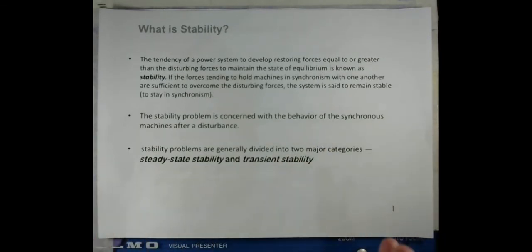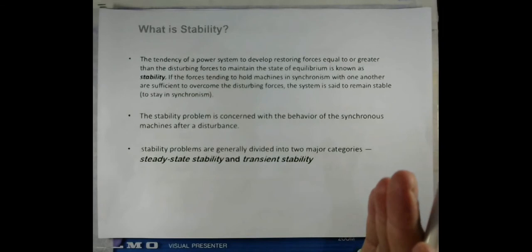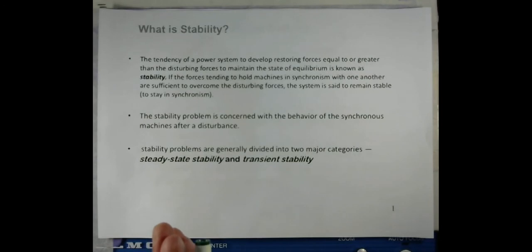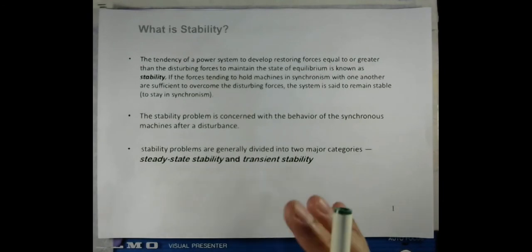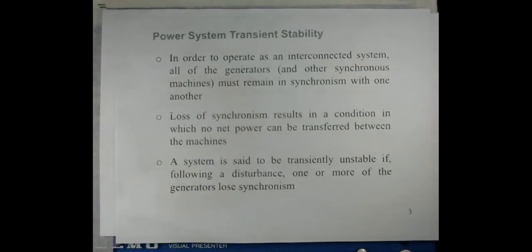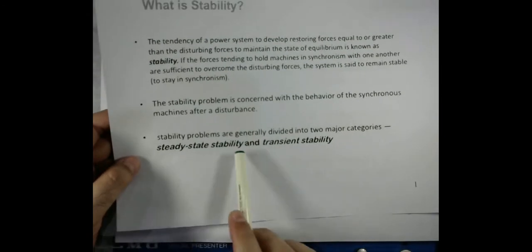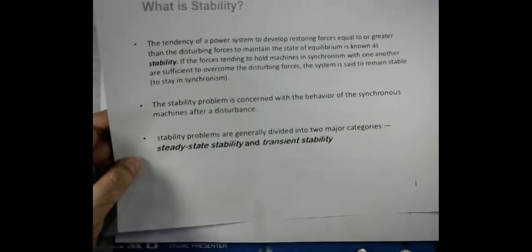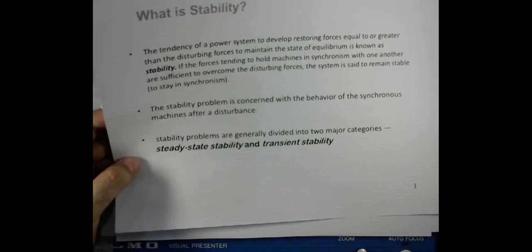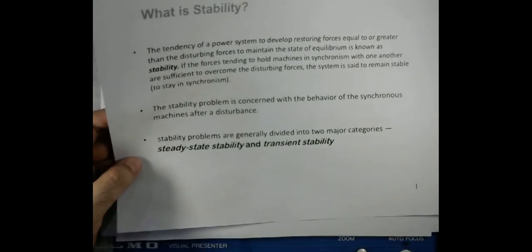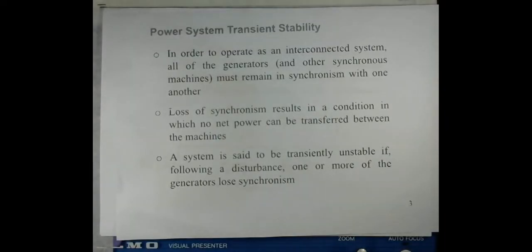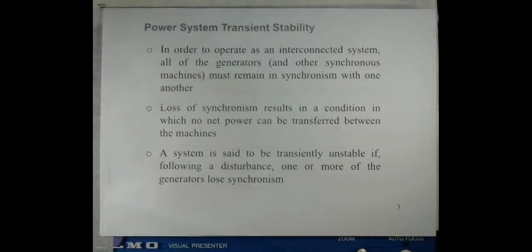And during the application of, let's say, a disturbance, the stability of the system needs to be analyzed. So we started the discussion with the definition of stability, and then we also discussed the two important categories of stability. Afterwards, as I mentioned, it's important to analyze this transient stability to know the conditions where the system can still remain in synchronism.